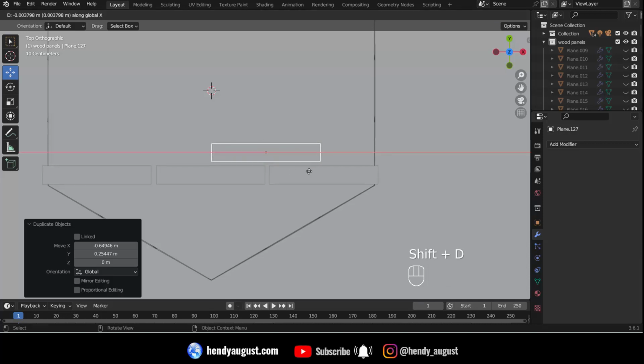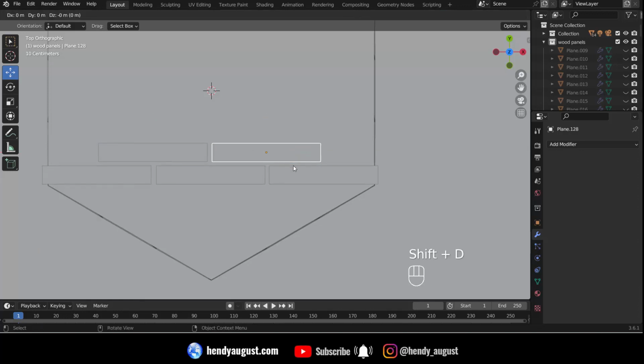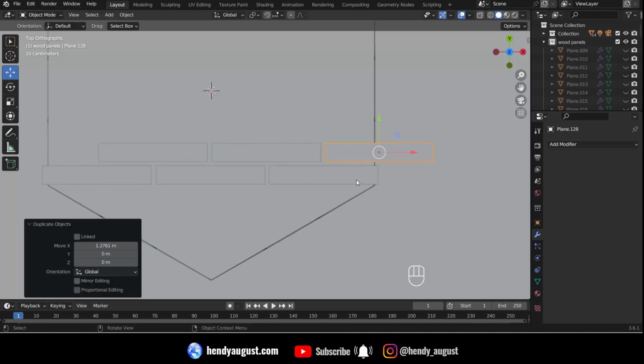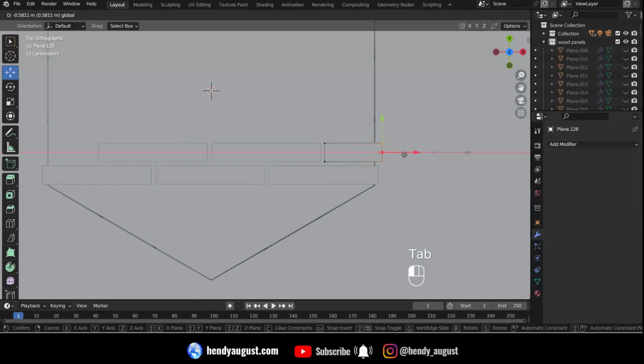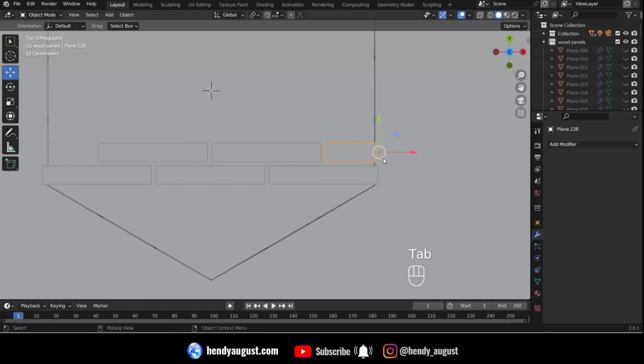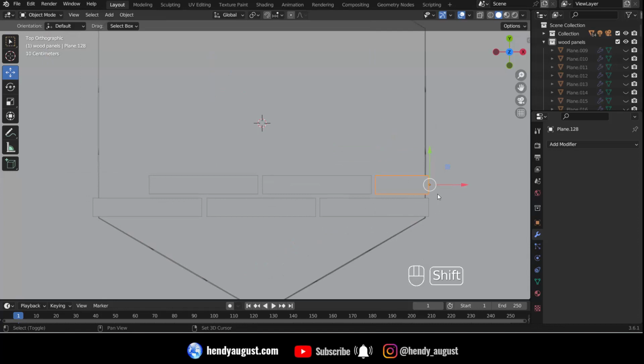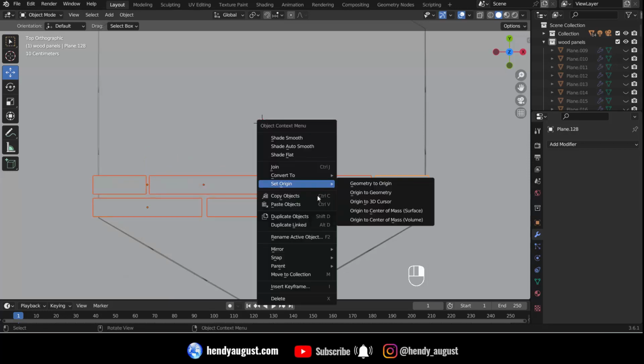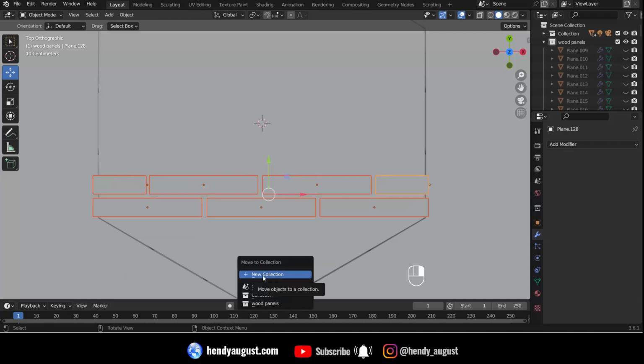Shift D and then X to move it on X-axis. Shift D, X, and we're going to go to edit mode and resize it. Okay, go to object mode, and we're going to resize, Shift D once again, and place it in this side. Select all of them by holding Shift and then left click. We're gonna move them into a new collection. We're gonna call it floor panels,